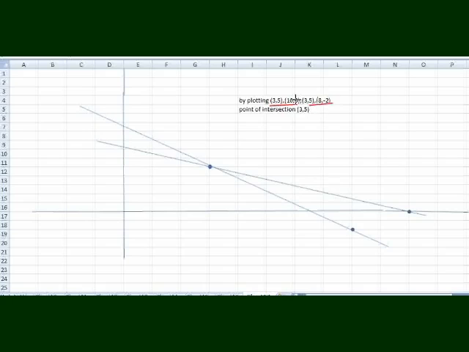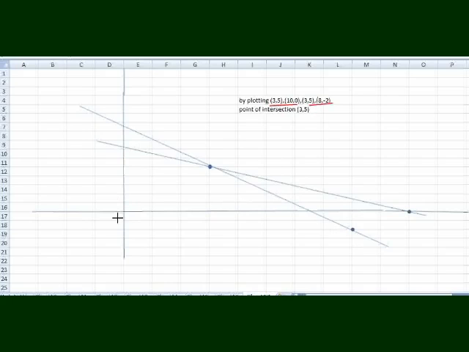Next we will plot the points 3, 5 and 8, minus 2. On the x-axis it is 3, 1, 2, 3, and on the y-axis it is 5, so 1, 2, 3, 4, 5. So 3, 5 will be plotted in this position. And where is the coordinate 8, minus 2 located? On the x-axis it is 8, so 1, 2, 3, 4, 5, 6, 7, 8, and on the y-axis it is minus 2. As it is minus 2, it will move downward.